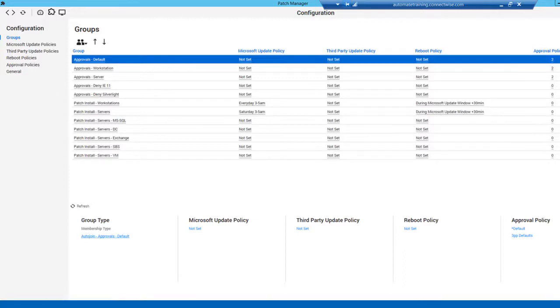And if you can see across the patch install workstations, as I mentioned, we have an update policy, we have a reboot policy, we don't have any approval policies. Same thing with servers. Now,